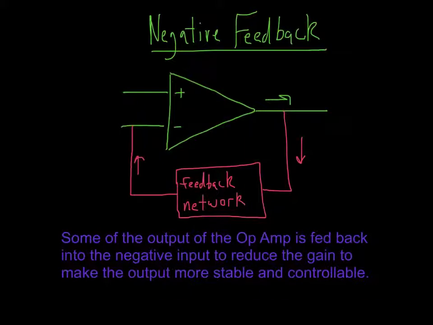What you'd like to do is put a signal in here, and instead of getting that signal all the way to the rail or having to worry about it, you take some of that signal and feed it back to the negative input, and it takes down the gain in a way that's controllable and usable. The open loop gain is really, really high, and then you purposely take off some of that open loop gain in a very controlled manner, and then you have this closed loop gain that you can use to make an amplifier,